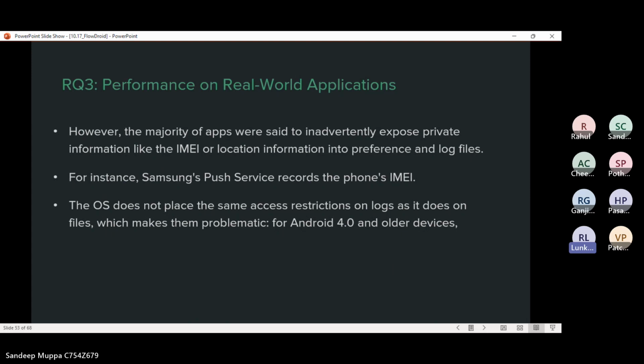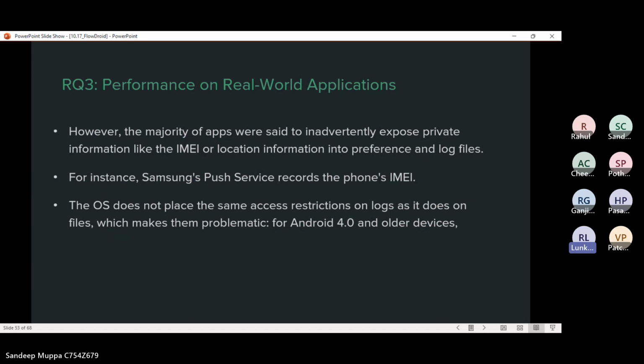While evaluating question three, which was based on whether FlowDroid can work on real-time applications, it was found that many apps were exposing private information, like IMEI, local information or log files.